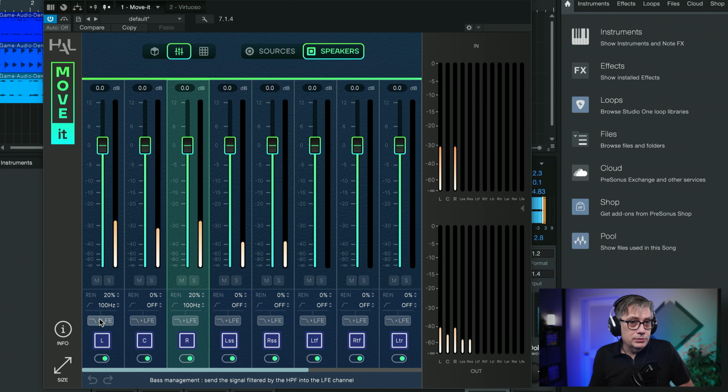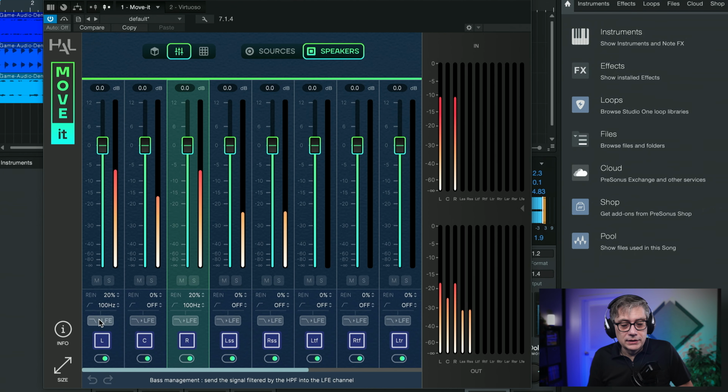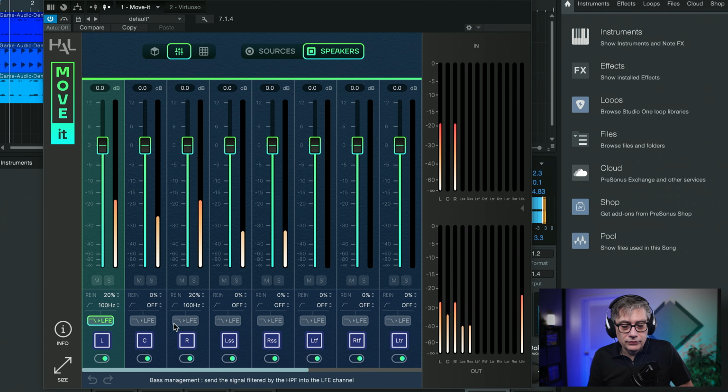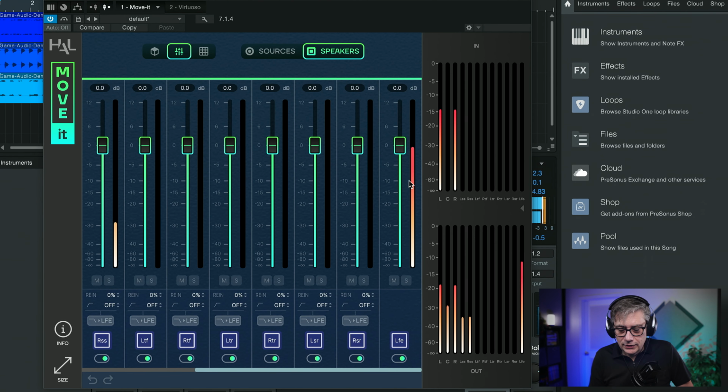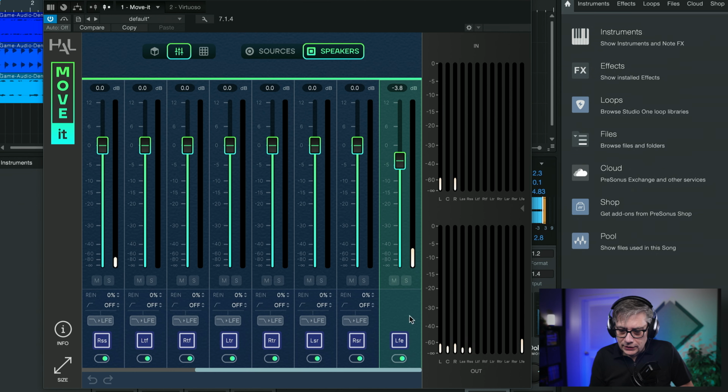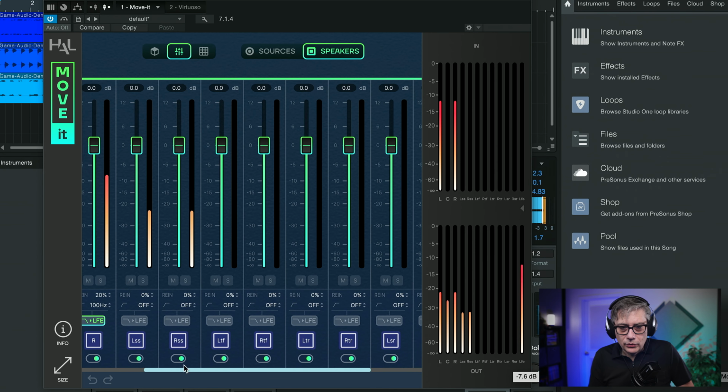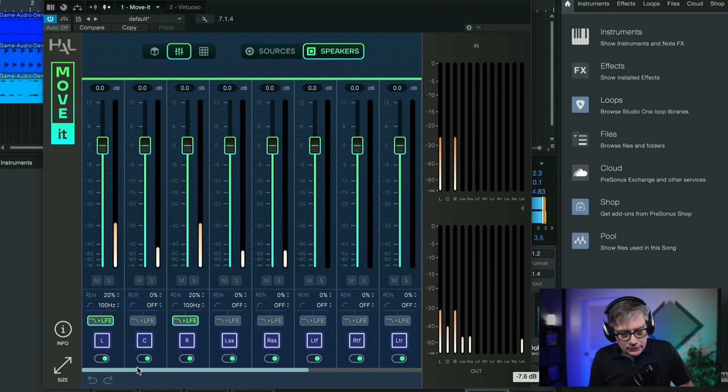So this obviously is the kick, so I don't really want to high pass that completely. What I can then do is simply reroute that to the LFE, and that will then come in at the LFE. Now this is probably too much, so I have to reduce that a little. And once again, here on the right side, I see how everything is going. So this is actually really, really nice.